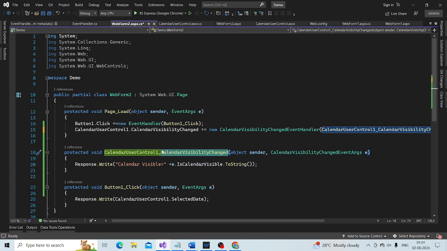When is the calendar visibility change event raised?